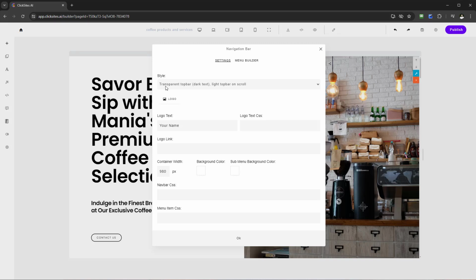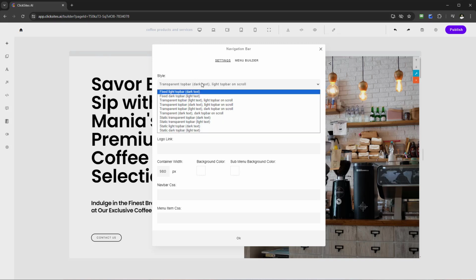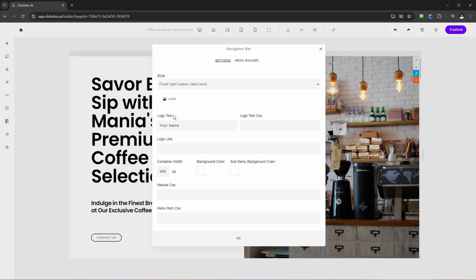You'll have the ability to change different styles of the navigation menu. So you'll have fixed, transparent, and static menu types and styles that you can choose from. In terms of this, let's go for a dark text. You can also change the name of your logo. I could upload a logo if I want. If you have a logo, you can upload that, or you can simply have text. For this example, let's just stick with coffee